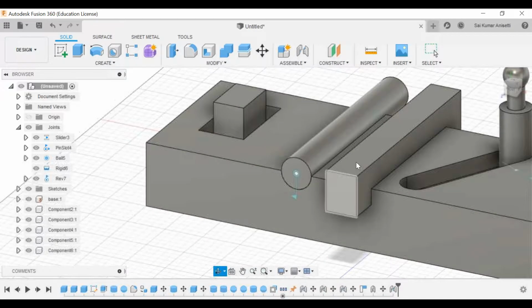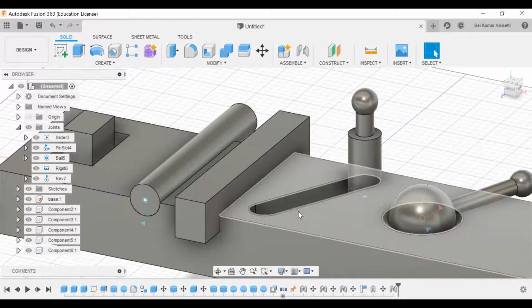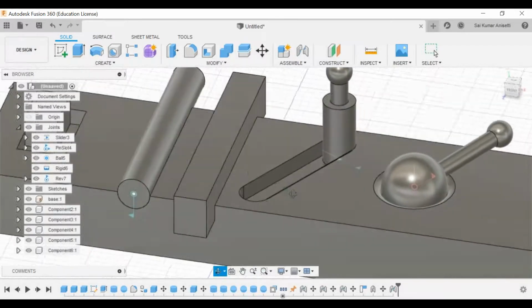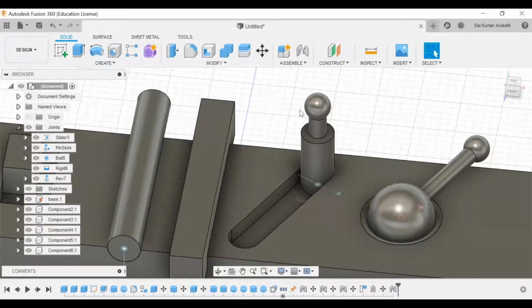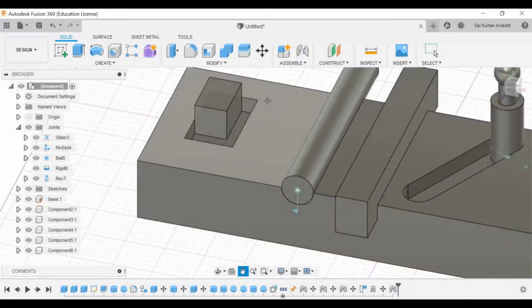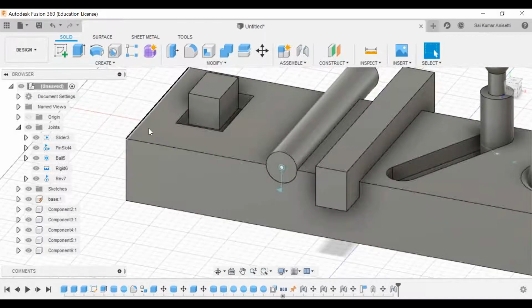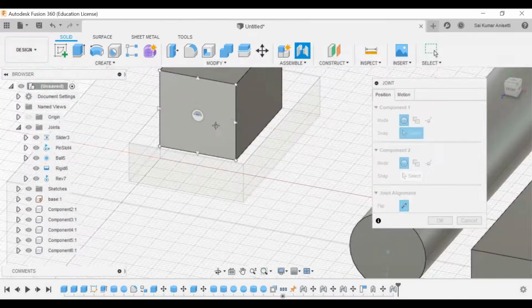Now in your assembly you have joint origin. If in the previous step I don't have a joint origin, I want to create a new origin for which I don't have any previous reference. Let me suppose I want to assemble this particular part exactly onto this face. Now if I create a joint and select this face, for example, let me zoom in.